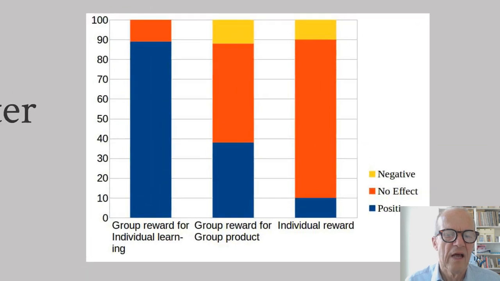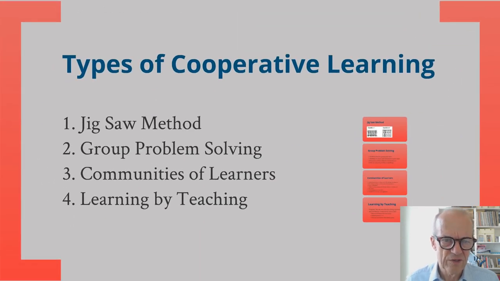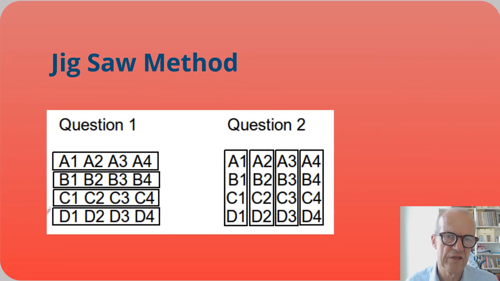Okay. So now we just make a distinction between various types of cooperative learning, 4 types in fact. I will briefly discuss them. Of course you can get some further information when you focus on each of these keywords and you just start to search in Google Scholar or another database. This is an interesting approach.